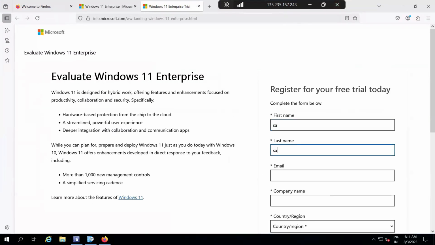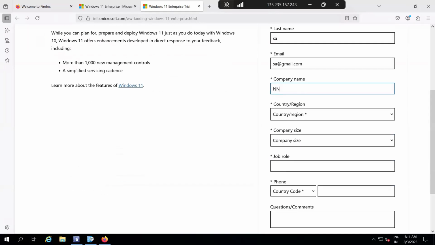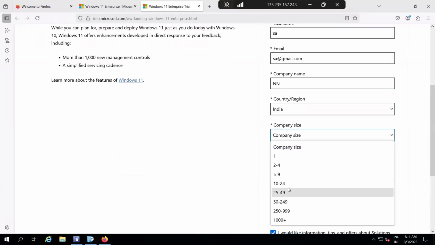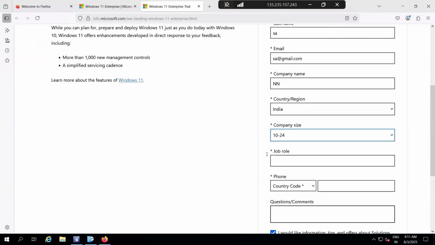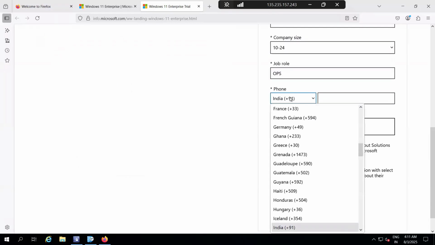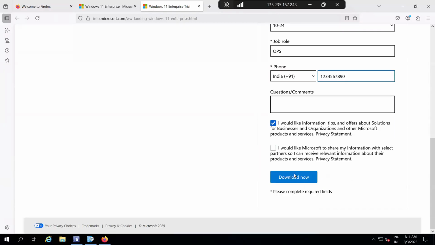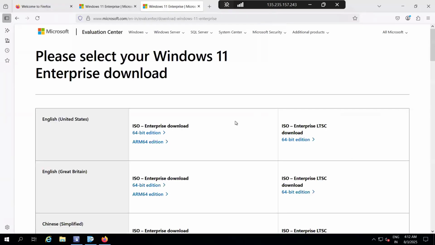So just put down anything here. विंडोज 10 का आईएसओ है मेरे कंप्यूटर में। 11 चाहिए ब्रो। अच्छा, 11 भी है मेरे पास, मेरा लोकल कंप्यूटर में है। हाँ तो कोई बात नहीं, हमें तो यहाँ SCCM कंसोल पे चाहिए, तो 2 मिनट लगेंगे, इंटरनेट अच्छा चलता है, Azure पे। ठीक है। डाउनलोड नाउ। 64 बिट एडिशन। 3 मिनट बोल रहा है।